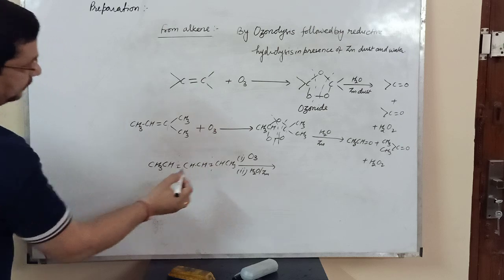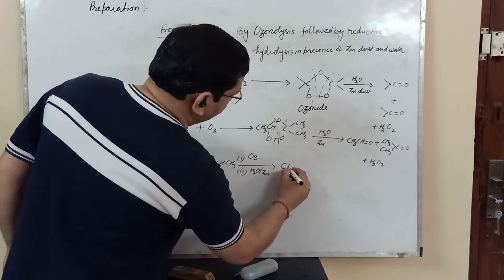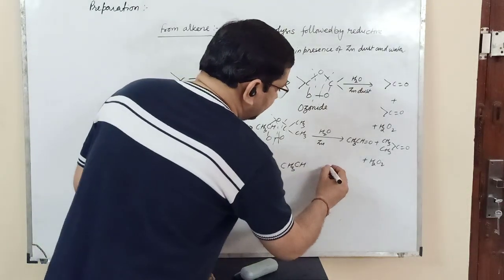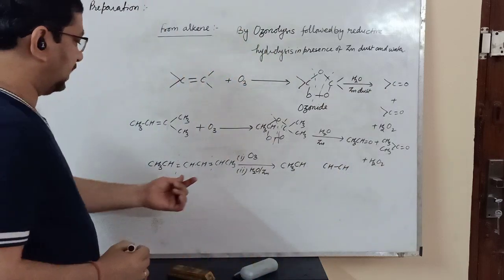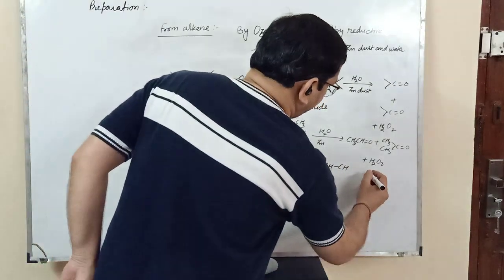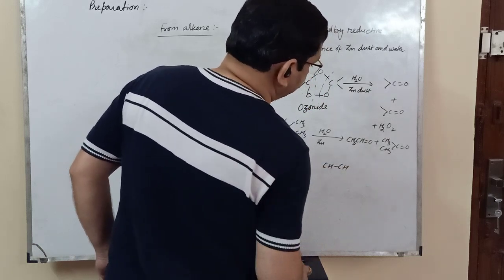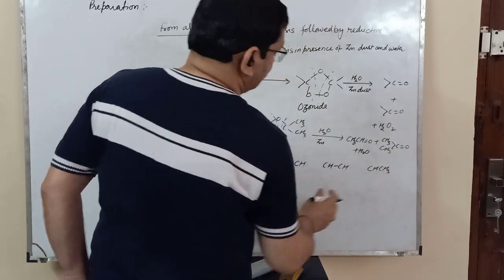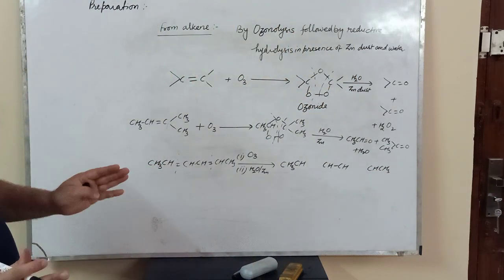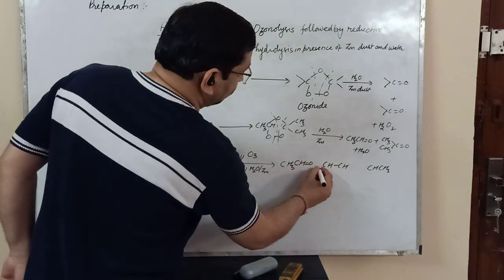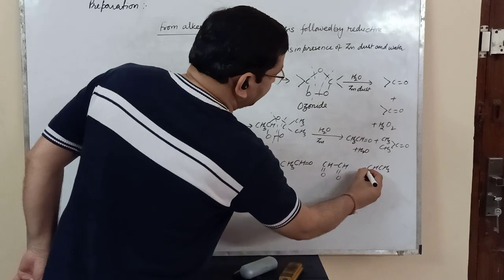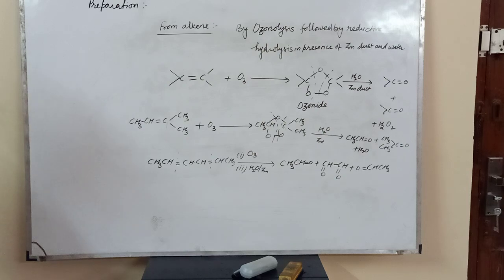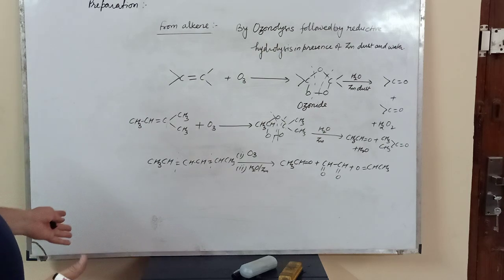All the double bonds break up. So separate all the constituents of this, carrying the double bond. The double bond portion we separated here, and this CH, and the last portion is CH3. These are the three parts. Now put double bond O with all the double bonded carbon atoms and you will get the product. These are the three products obtained from the ozonolysis of this alkene. So this is a very simple way.